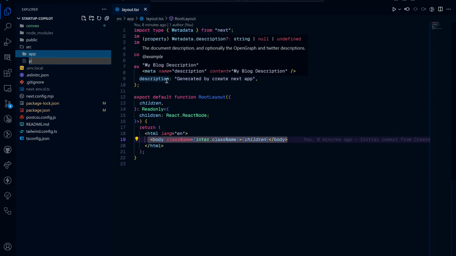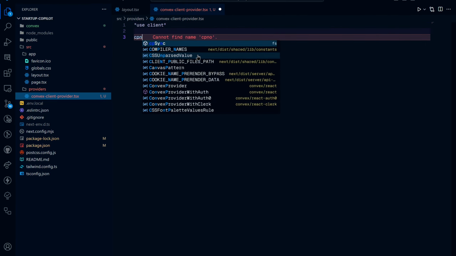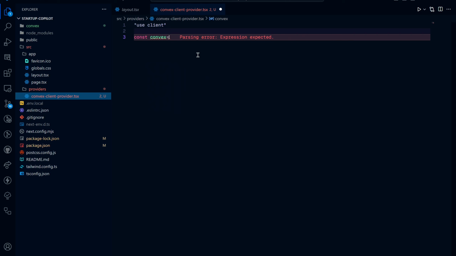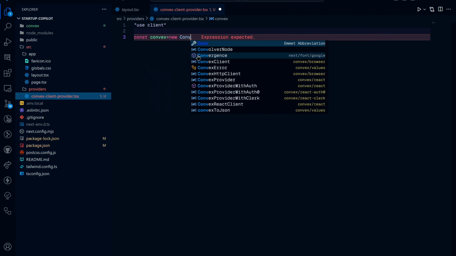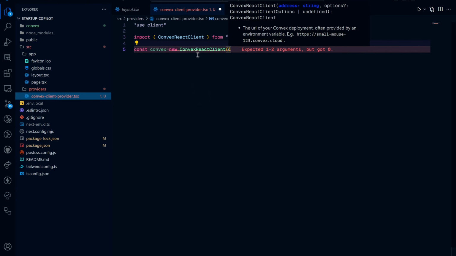what I'd like to do is create a new folder called providers, and then create a new file called convex client provider.tsx. And this is where we store our Convex provider. First, we need to make sure it's a client component, so add a use client directive. And now we're going to import a few things, but first, let's go ahead and create a new variable called convex. I'm going to initialize our Convex client, so new ConvexReactClient. And this is going to be from our